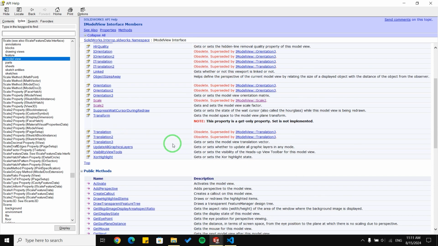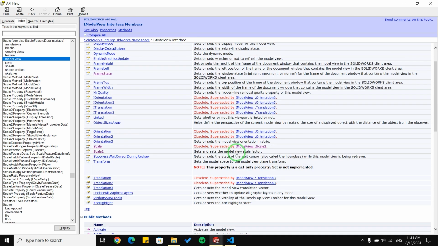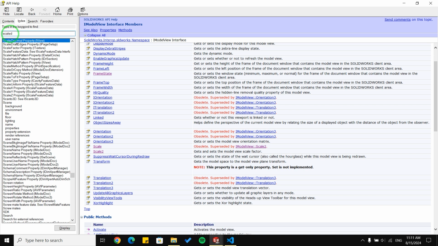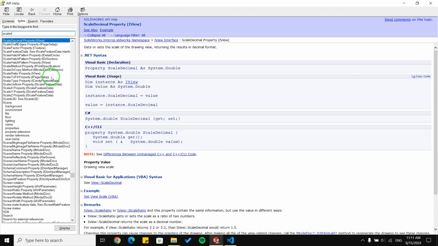As I tried before, we can't use any of these functions properly, and it gets some errors when you want to set the scale for a view. So after some research, I find this function. Yes, scale decimal property, and you can use this function to get and set the scale with just one value.